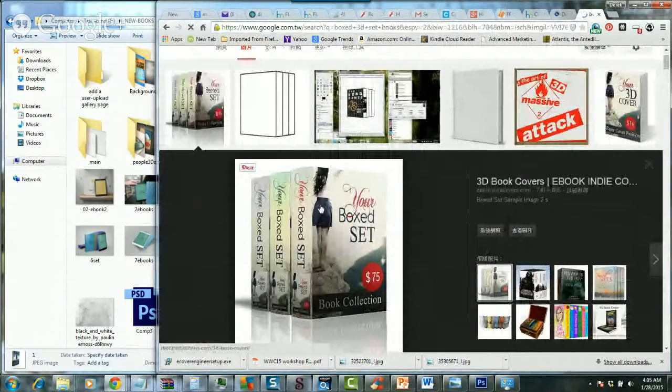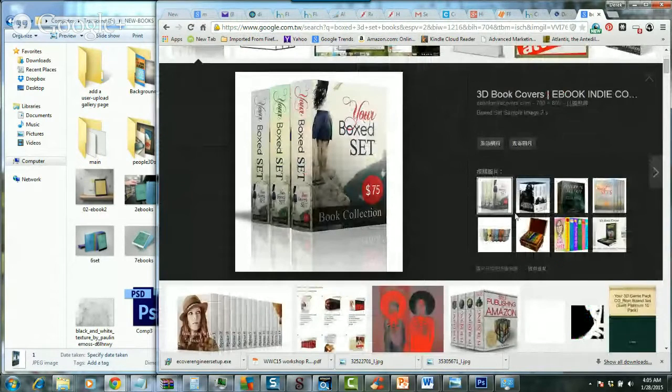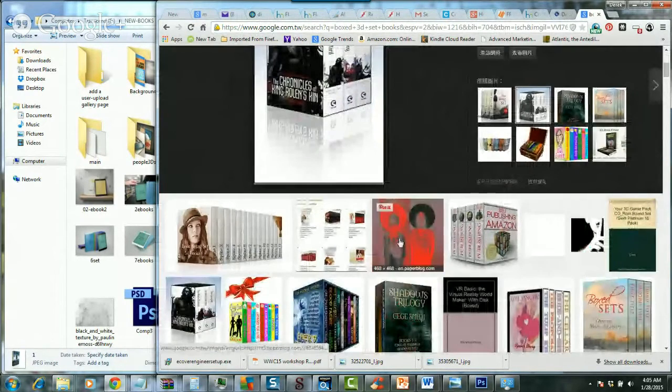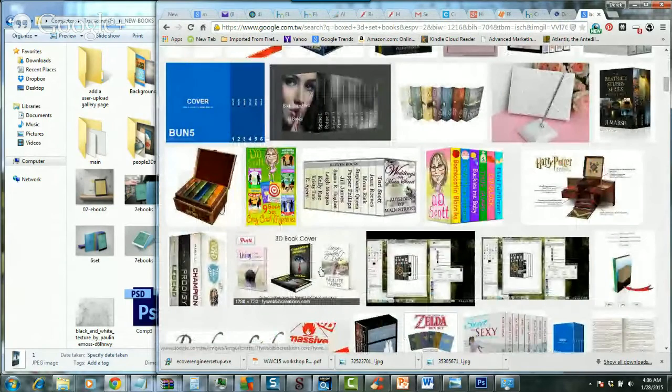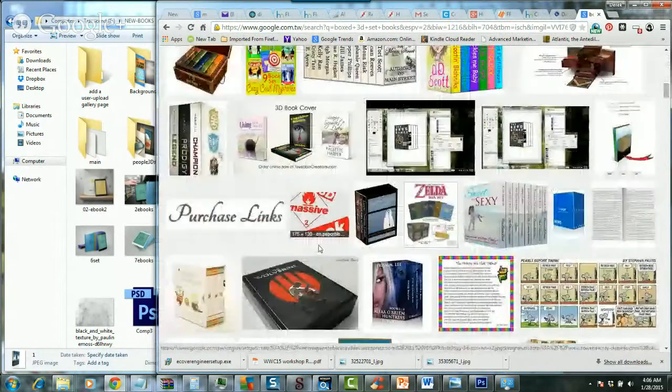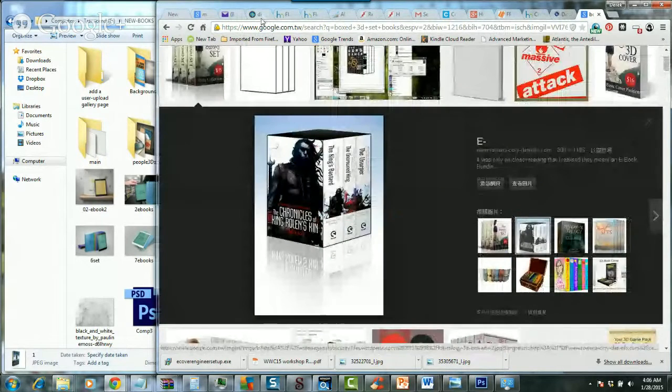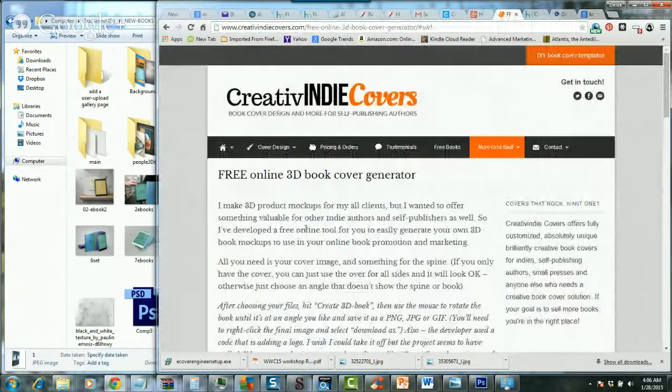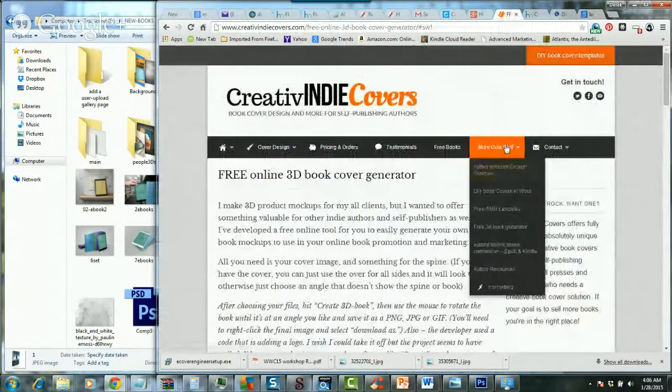In Photoshop, they're not that hard to make. I could make a 3D book like this with a transparent background and just stack them up. So they're not difficult if you're a designer or you have some Photoshop skills. But assuming you're not a designer and you don't have any Photoshop skills, I'm going to show you another way that sort of works. And so on my book cover site here, I have, under more cool stuff,